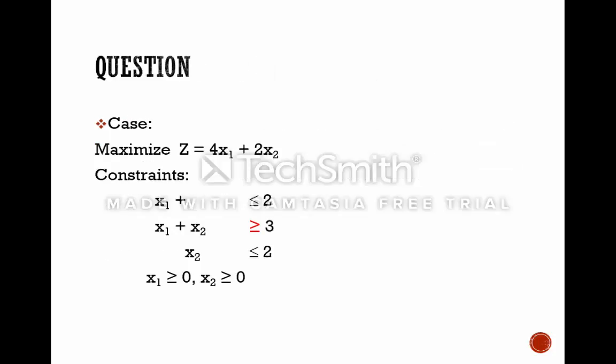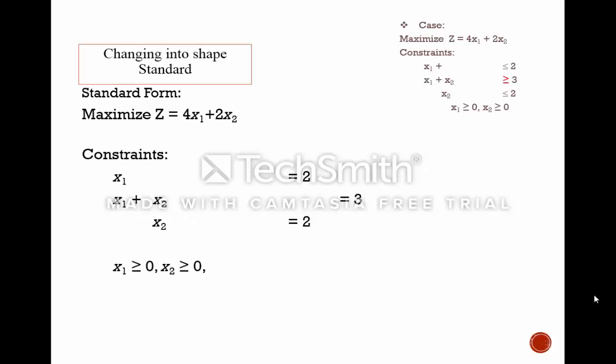So we have a case like this. If the sign is bigger than or equal to, then the solution is not enough with the usual simplex. Why can it be like that? We can see next. Because the sign is less than or equal to, we must add plus x3 as a slack variable.